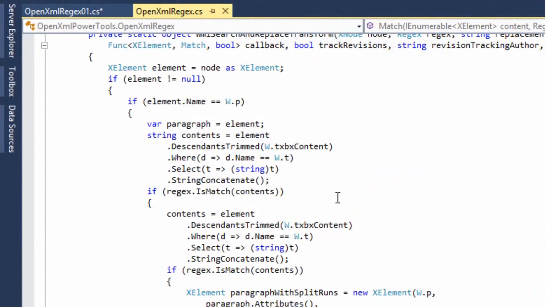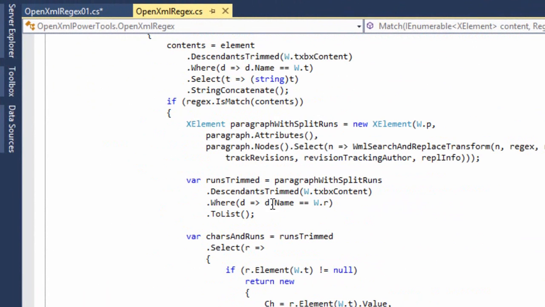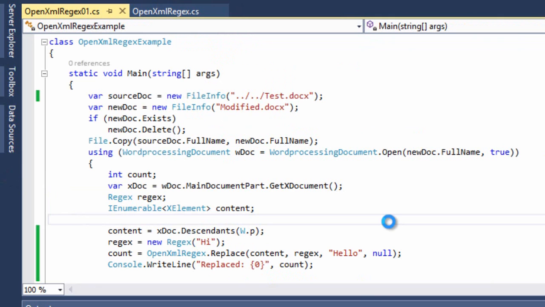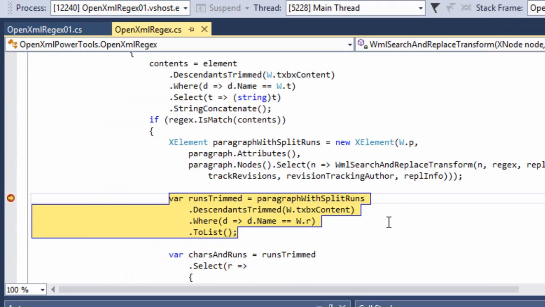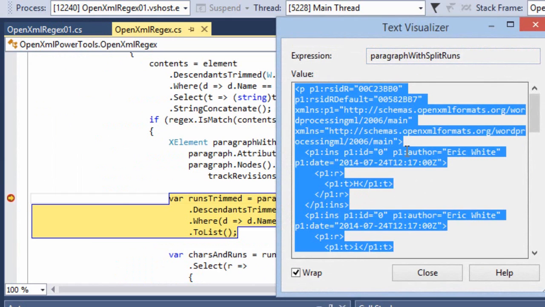Now I'm back in the WML search and replace transform method, and I am going to set a breakpoint right here, and we're going to look at that paragraph with split runs after it gets done doing its thing. Press F5, and we hit our breakpoint. Let's look at the XML in paragraphs with split runs. I'm going to just copy all of that XML,